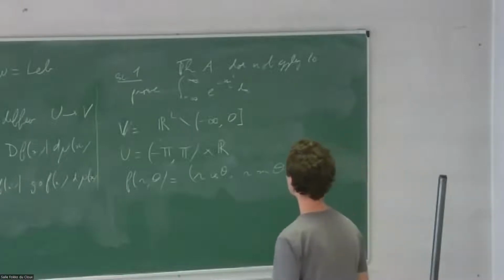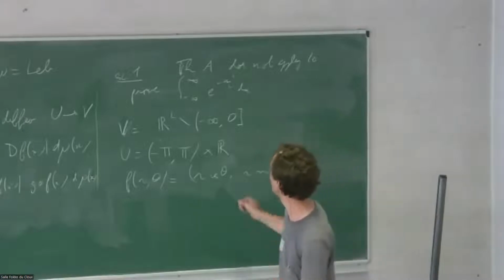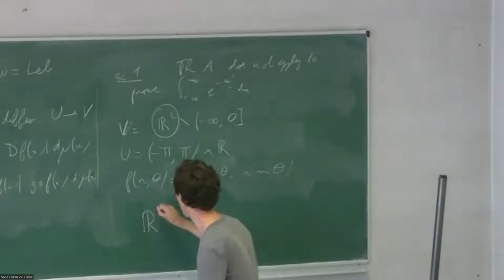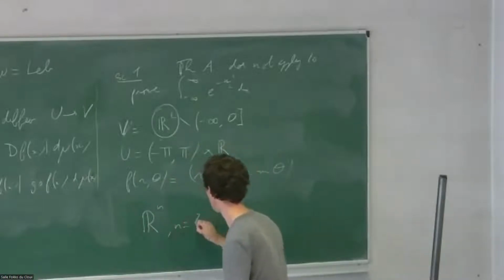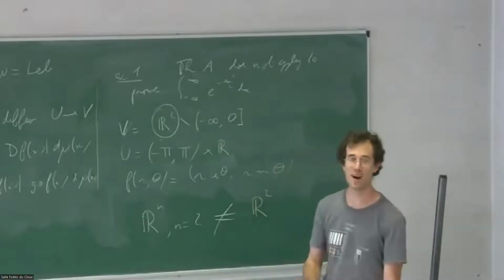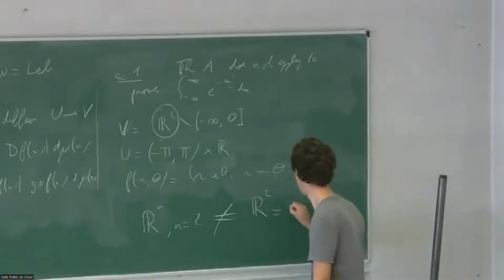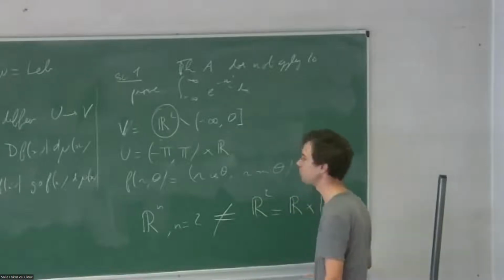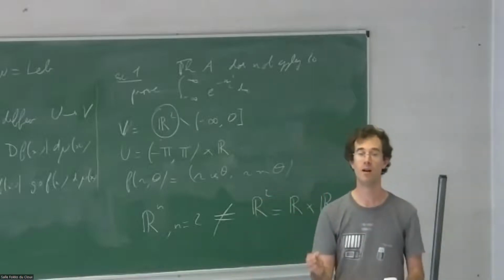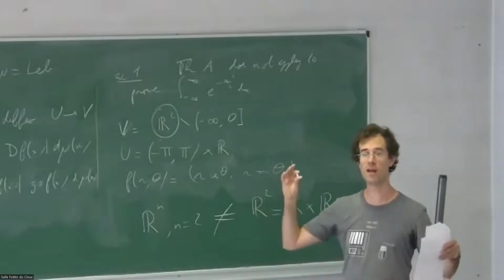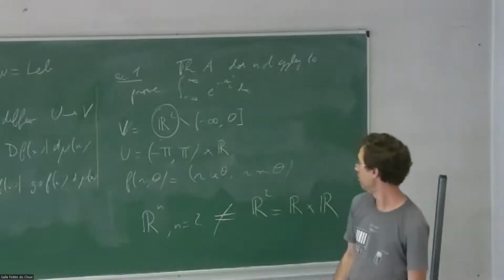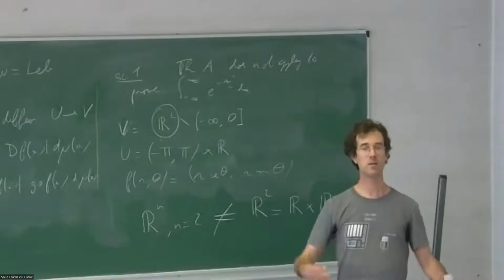Okay. The trouble is that here I'm lying when I wrote R squared. Rn for n equal to 2 is not the same as R squared. Because what is R squared for you? It's R times R. In the proof, I had two variables, x, y, and an element of R squared was a pair (x, y). When you want to apply a Fubini theorem, you need to be in a product situation. So I need to be in this setting. But Rn, what is Rn? It is the space of functions